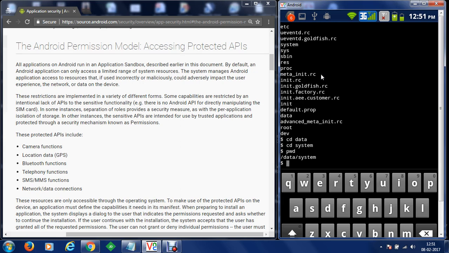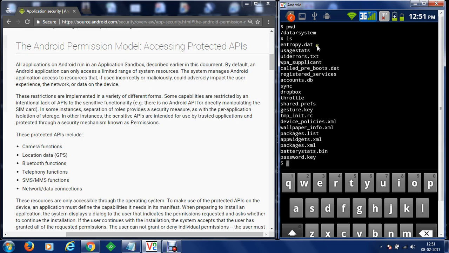Now if we execute an ls command, we can see that we have a packages.list available. This packages.list keeps track of all the process IDs or package IDs, and according to the package IDs, an individual user account or an app account is created within the sandbox, and the application runs within the boundaries of the sandbox.